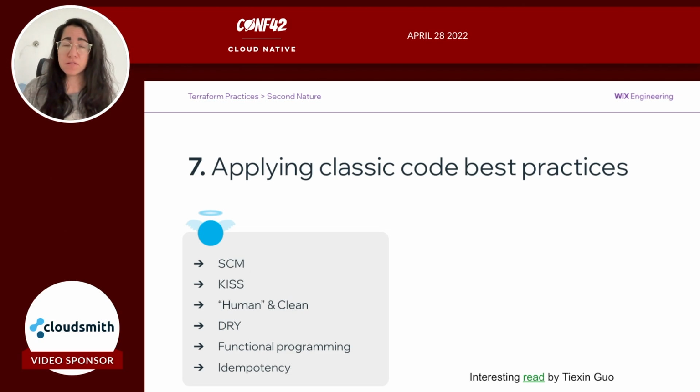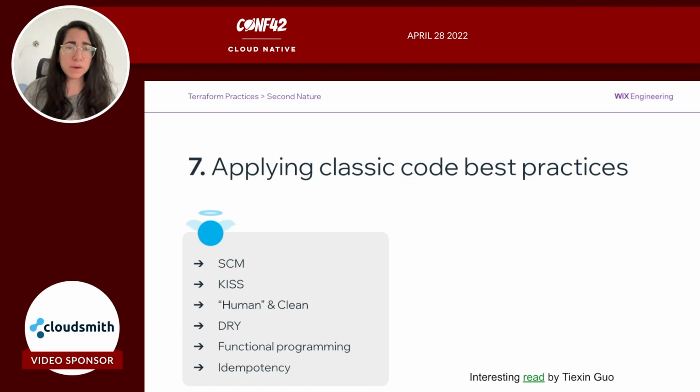Functional programming is also another approach to writing Terraform code. It is great. I haven't done it myself yet, but I spoke with other developers who are utilizing functional programming in their Terraform code, which is very interesting and fascinating. So I really encourage you to check this road as well.